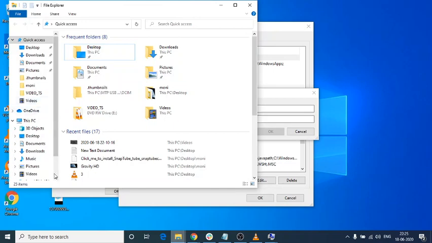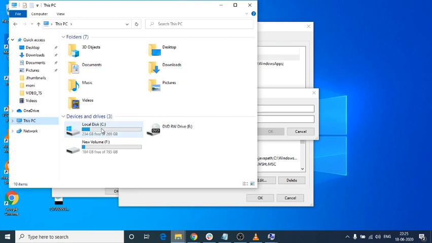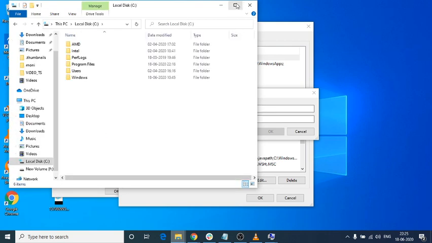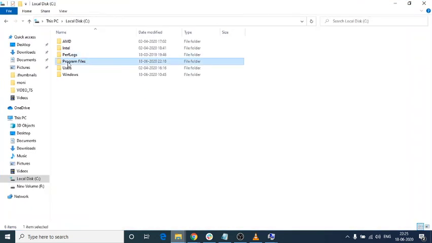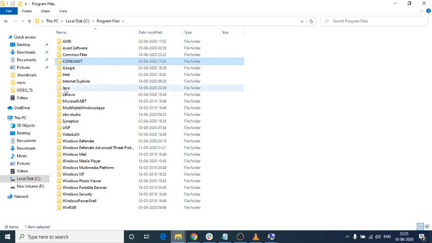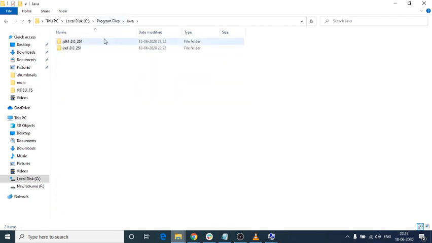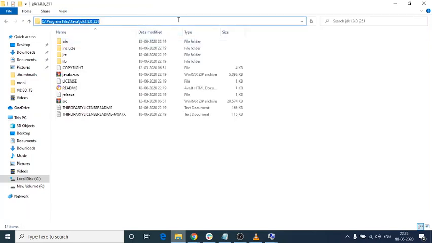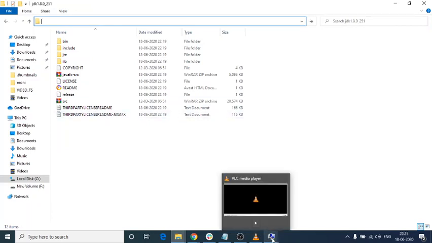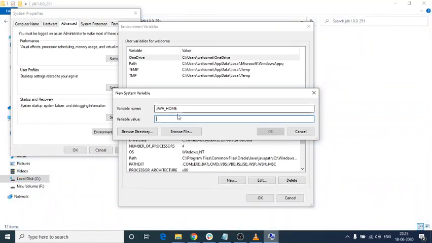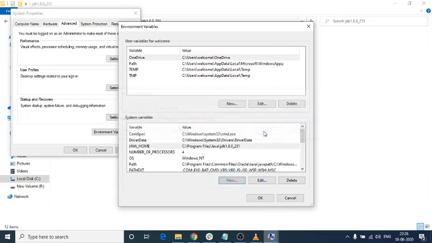Go to the C folder here. I think we installed Java in Program Files, yes. We installed Java JDK 1.8. From here you need to take this, copy this and paste it here.